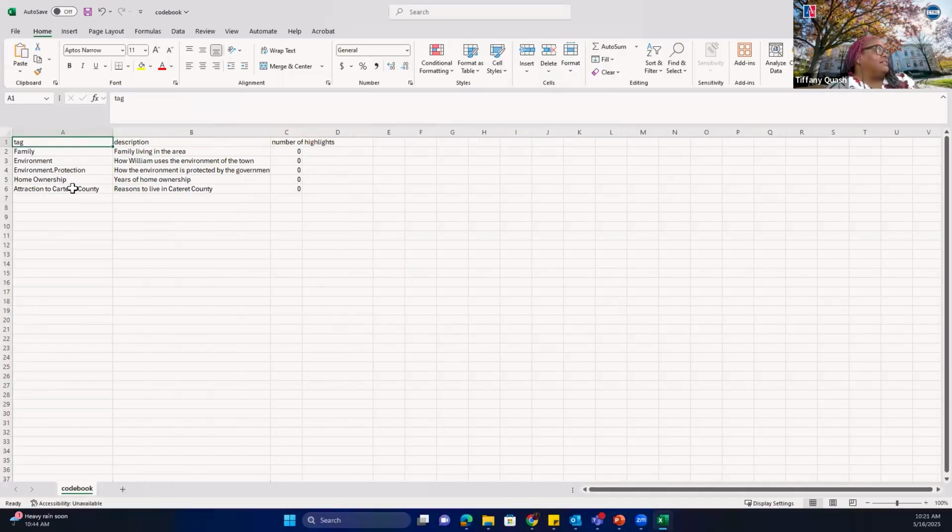Again, this is really important. I find that writing the description for each tag is important as well, because it takes a little bit of that labor off of you, saying, oh my gosh, what does this tag mean? So I think it's really important that when you have that idea in your mind of, okay, this is about families, like they've lived in this area for X amount of years or over 18 years or something like that, you can put that in your description. Okay.